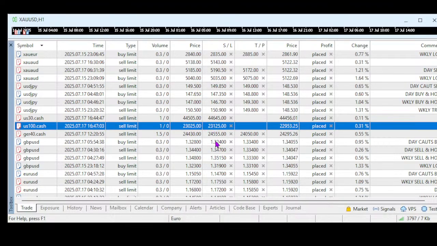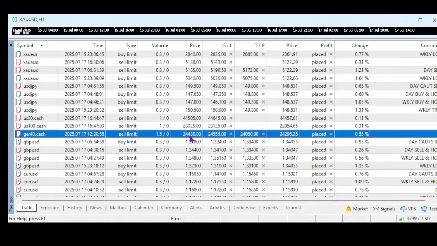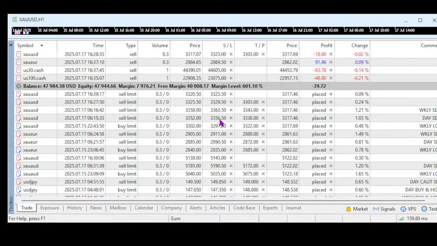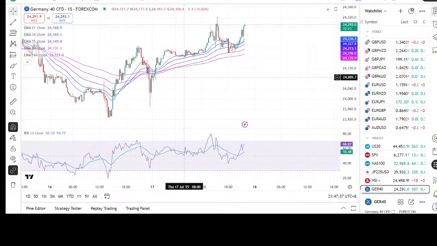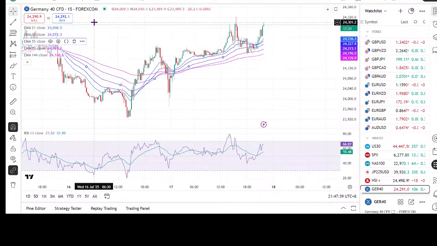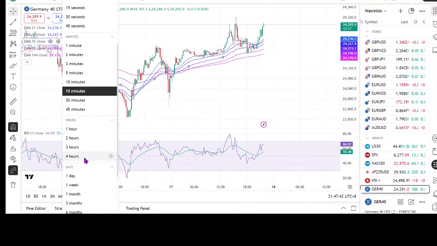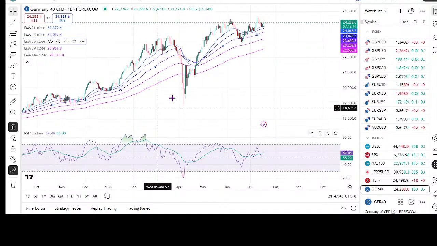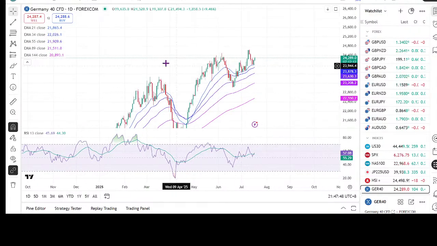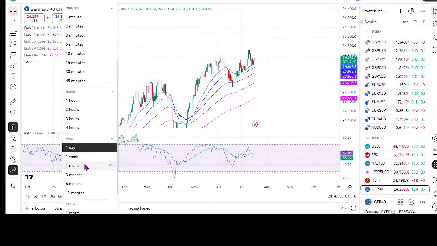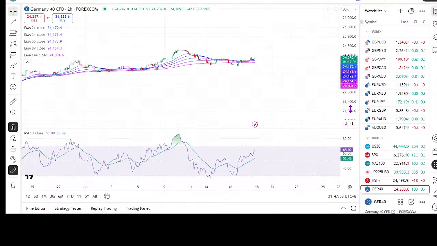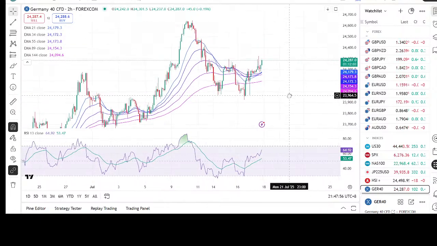Now I think in the morning we gave a sell order at 4:30 on the German DAX. Let's see whether we have an opportunity for that. That would be another trade we are looking at. So the German DAX, this is a 15-minute chart. Now the daily is showing some strength, and the hourly is also showing some strength.